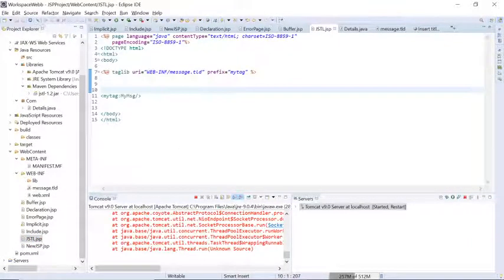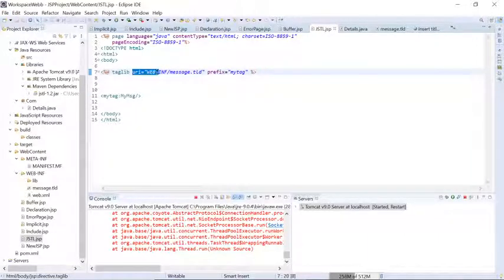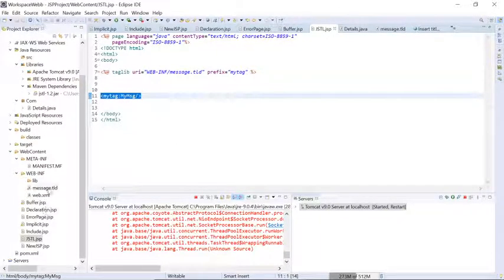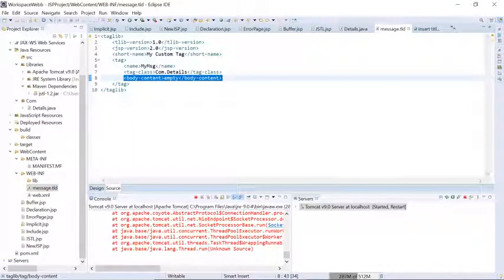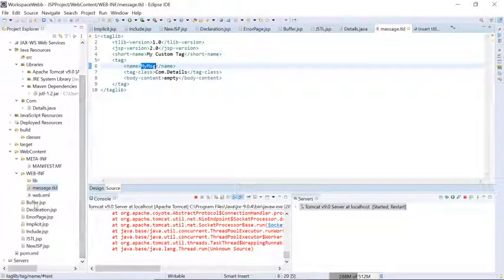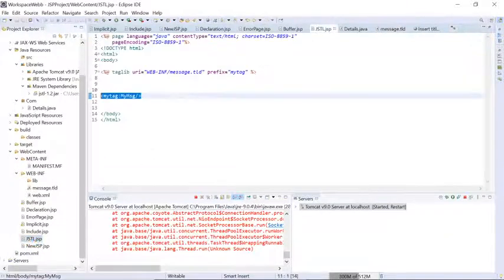I have created one, and this is the JSP tag library, JSTL tag. In this one I am specifying the URL, where my default tags are present. You can check out, this is the path I have given, and the prefix I am specifying is my tags. You can check out in my tag I have given my message. If I run this one, we will get to know what will happen.